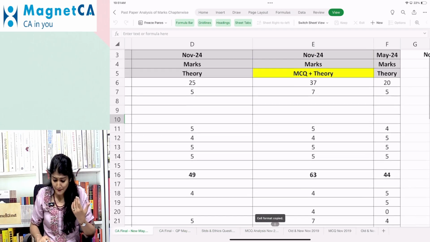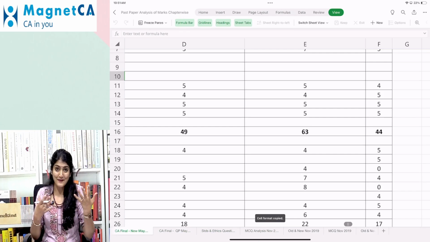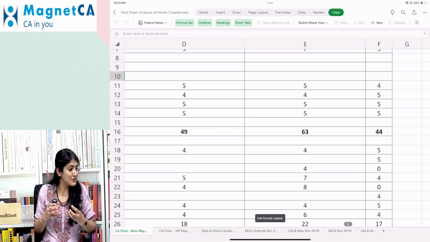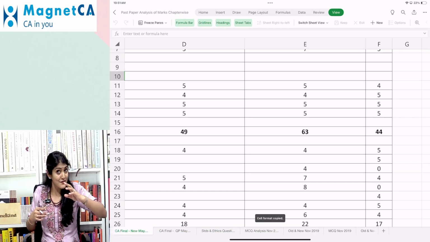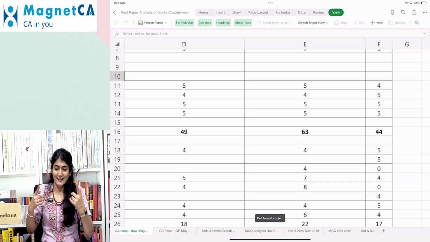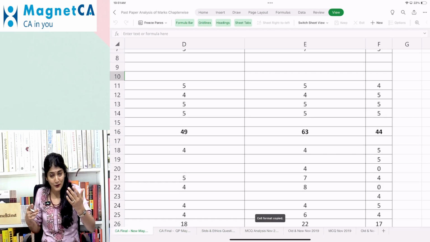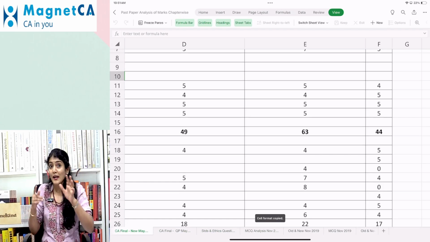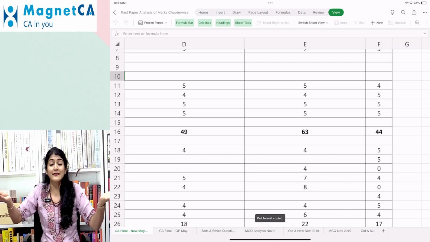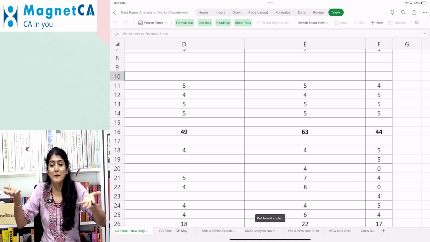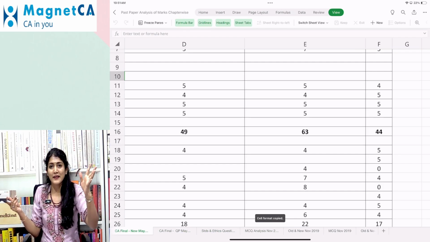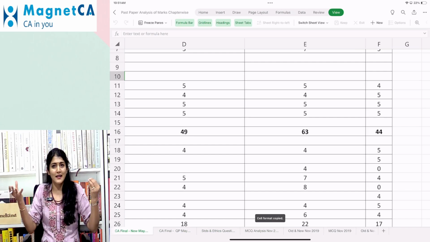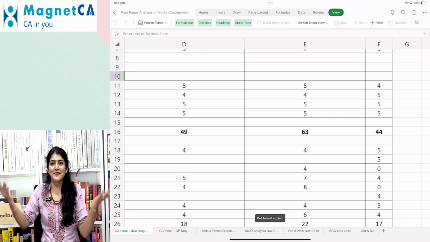Okay, right. So from that we can reach the conclusion that we should study standards and ethics with more priority. So let's draft it correctly: we should study it with more priority. We should study it properly. But that does not ever mean that we can leave the other chapters in option. Because I put it this way: if you leave something in option, you're simply telling ICAI that this I will study after 6 months.